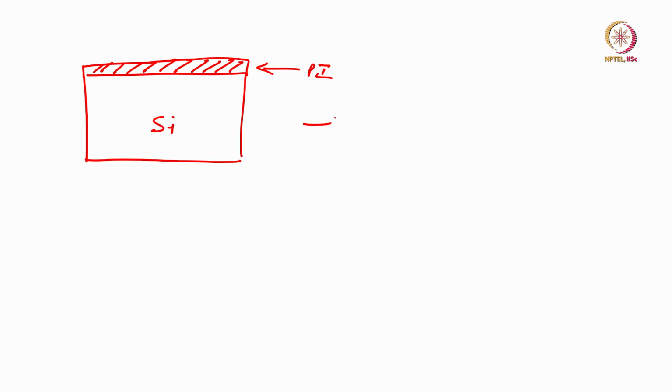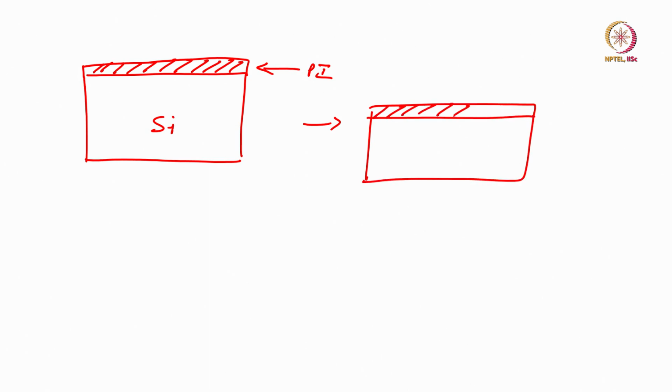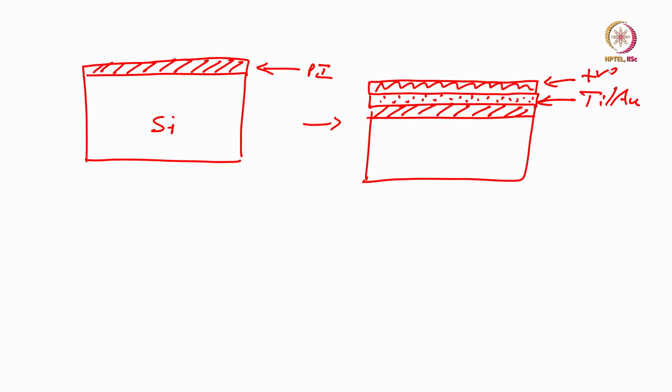Once you cure it, the next step is that you take the same substrate and on that you deposit a material, a metal let us say. So we can deposit a metal, this metal is titanium gold. On that you can spin coat your photoresist. So here is my photoresist, and then on the photoresist we can have a mask. Using this mask we can have these 2 electrodes that we want to pattern. We can have 32, 64, 128, 256 and so forth.